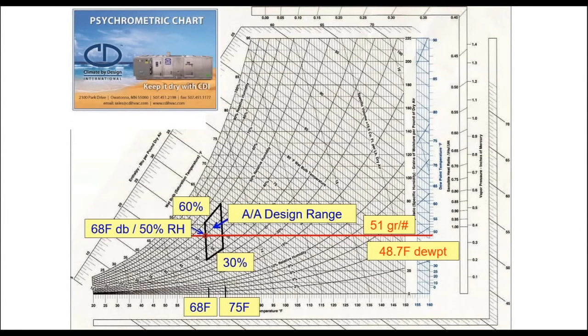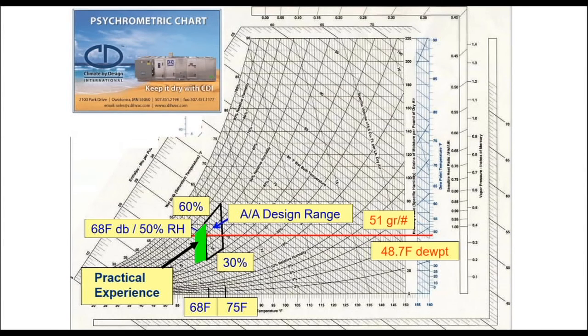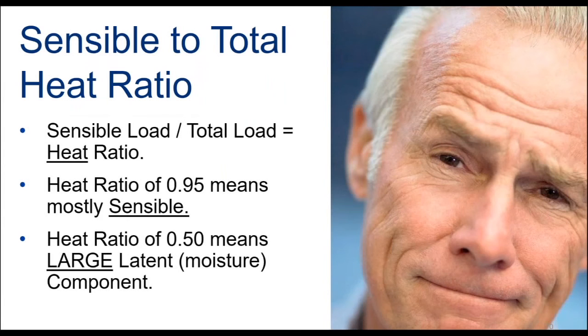Another one that's quite frequently done is the hospital operating suite. AIA talks about 68 degrees, 50% RH as a kind of standard. It's actually a range from 30% up to 60%. However, they also go on to say that whatever the surgeon desires is what needs to happen. By practical experience, we know that in a lot of cases they're asking us to get down to 62 degrees. So let's show that on a psychrometric chart so that we can help them understand what they're asking for.